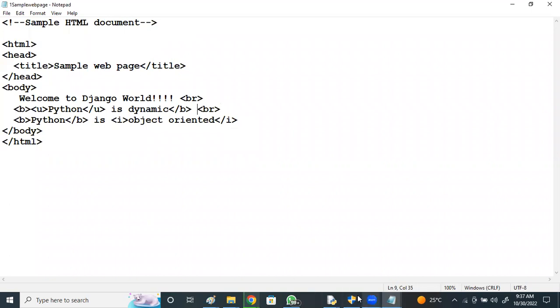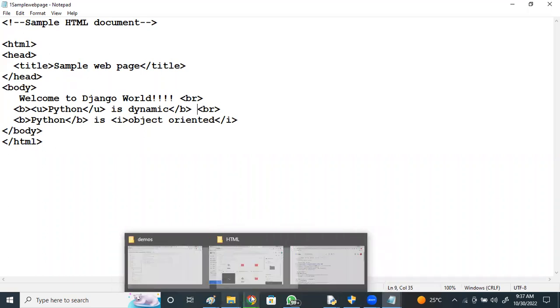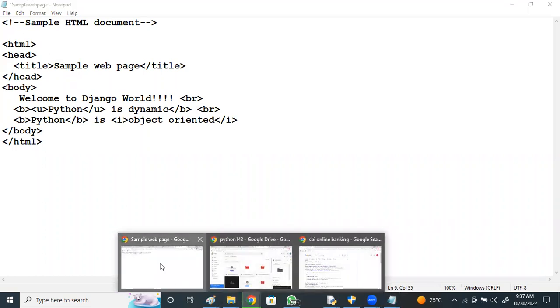Now just go and refresh it. Go to this Chrome browser and refresh it. The refresh option is here, this rounded arrow. Welcome to Python world. Python is dynamic. Python is object oriented.